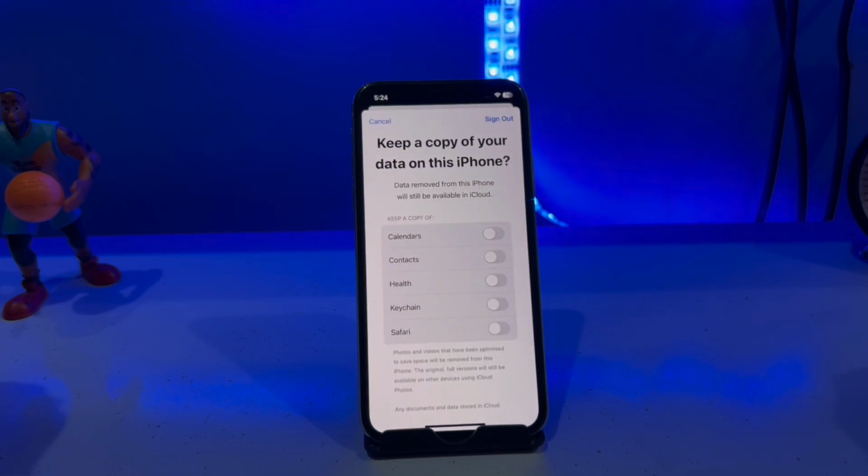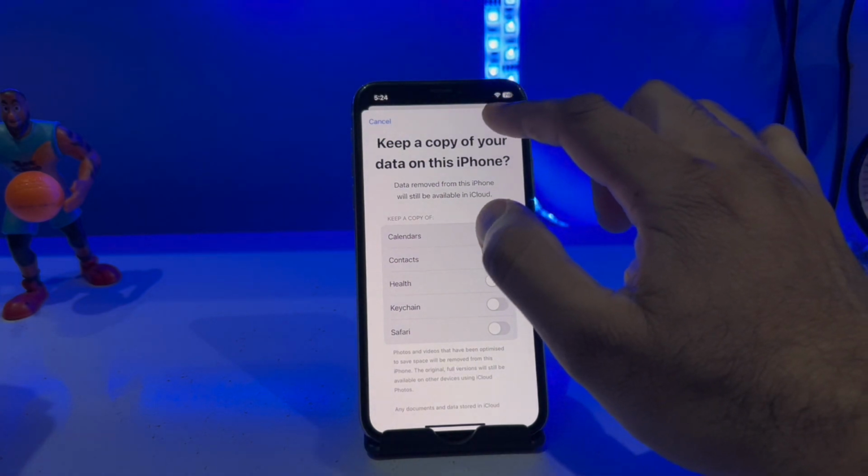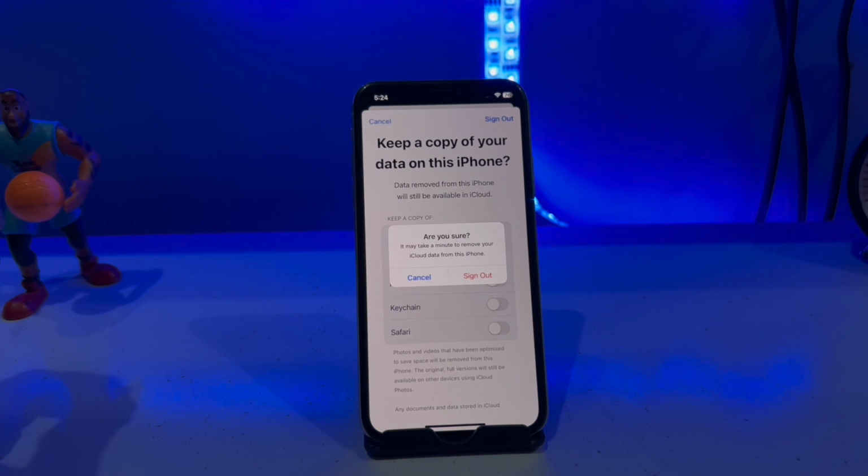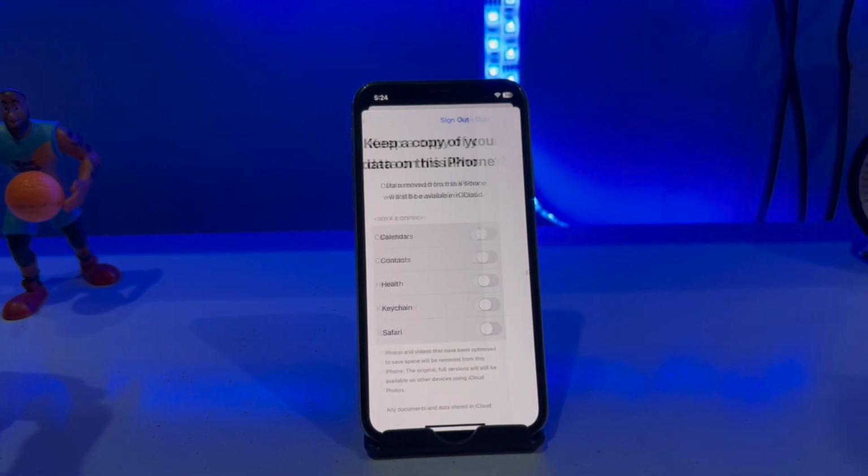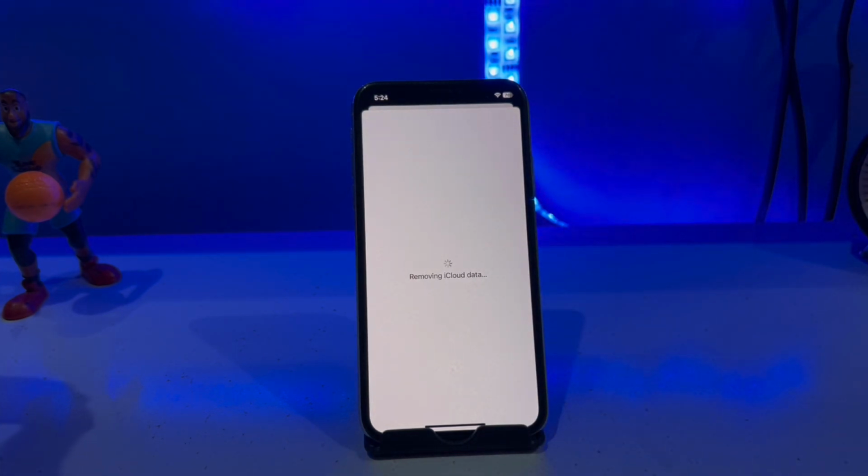You can see it appears on screen. It's showing Sign Out. If you sign out, it will not show that error again. Tap on Sign Out, and it's removing iCloud data. As you can see showing here, wait for a few seconds again to complete that procedure,